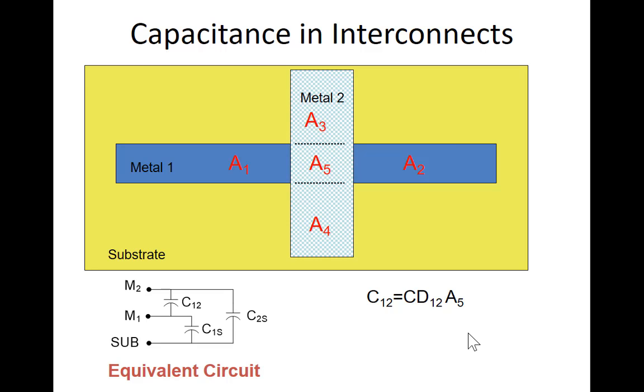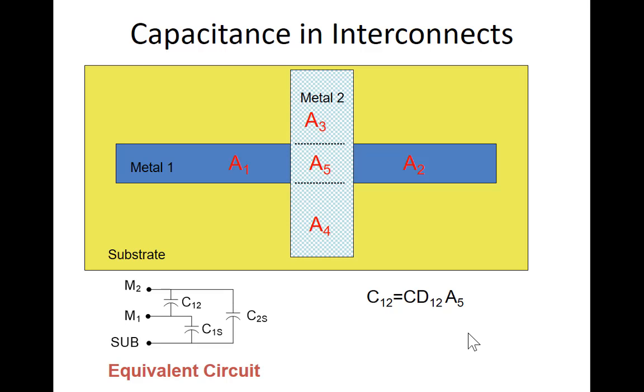Well, there's only two places where you see substrate under metal 2. This region here and this region here. So it should be area 3 plus area 4 times the capacitance density from metal 2 to substrate. And the capacitance density from metal 1 to substrate,